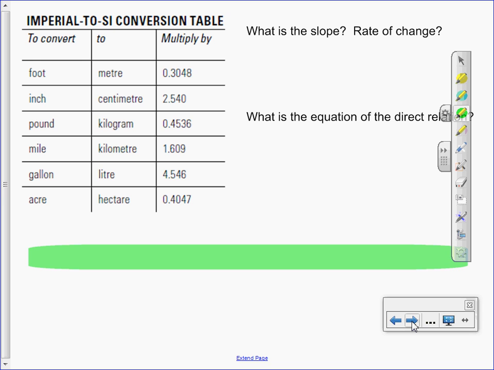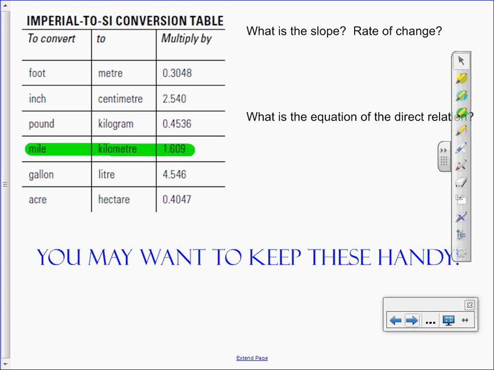So to start off, let's look at something that we already know about. We know how to do some conversions from previous math classes, and a common one that we're going to end up doing is the relationship between a mile and a kilometer. How do we change miles to kilometers? And just so you know, you might want to jot this information down, but that's completely up to you. When we talk about the relationship between a kilometer and a mile and the multiplier, what it means is that to find the amount of